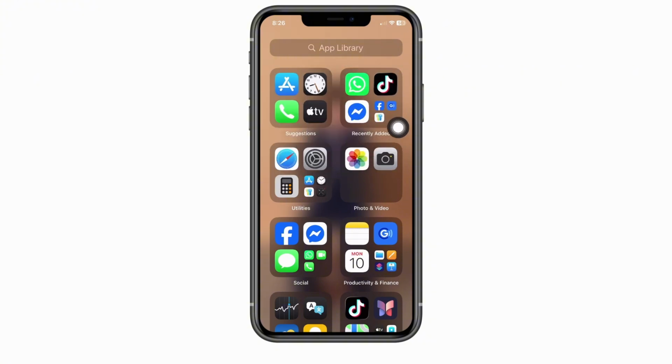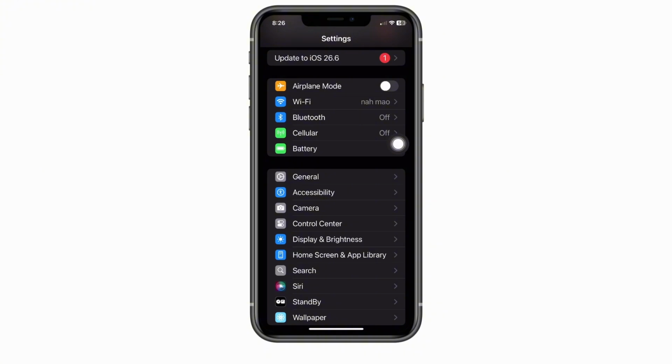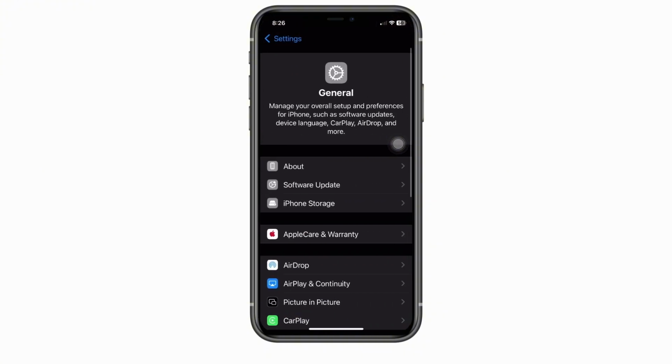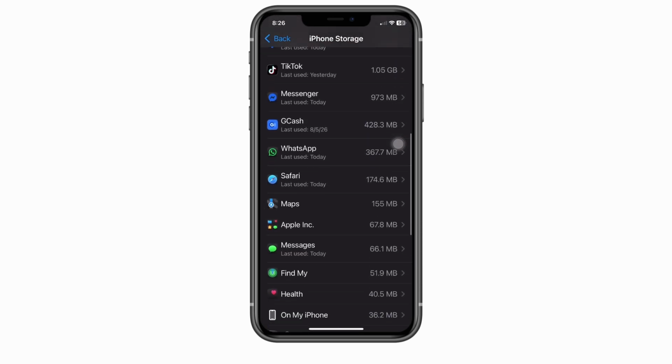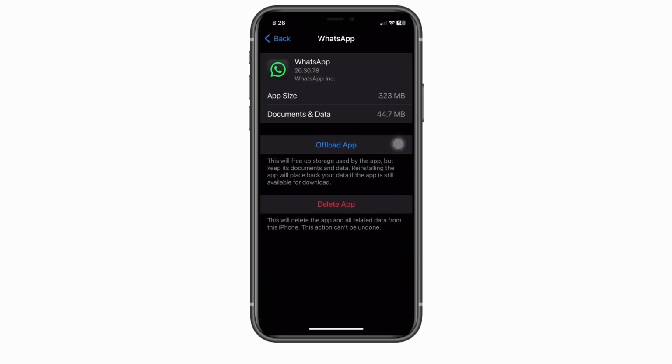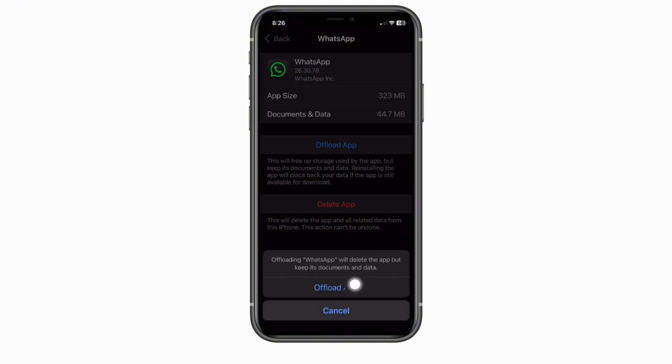There's this one thing that you need to do. Again, go ahead and find settings. Now go ahead and find general. Right here, just tap on it. Find iPhone storage. Tap. Now go ahead and find WhatsApp in the list. Tap on WhatsApp. Now go ahead and tap on offload app. And again, offload the app. All right. So when you go ahead and offload the app,